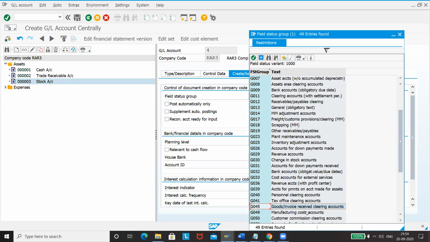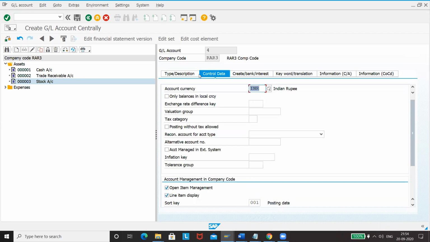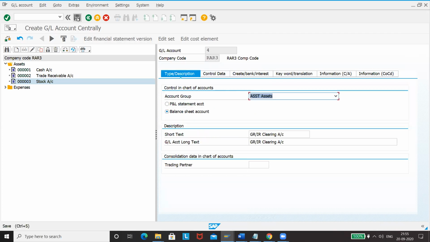GRIR receive clearing account. So use this one, and I can post automatically only. We don't want to post anything to this manually. Save this.